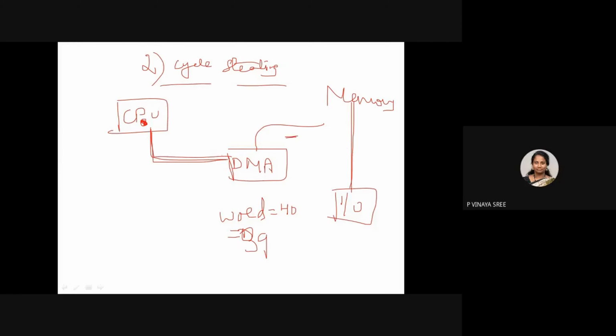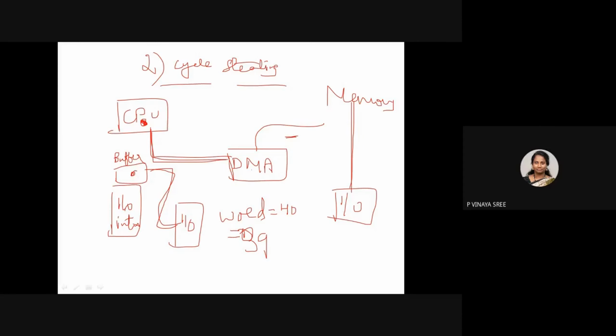See here, when the bus is released, what DMA will be doing is, we know the concept, right? IO devices will be there, and you will have an IO interface, and in this IO interface we need to place the word. From this it has to go to the memory. A temporary buffer is there, right? So this buffer is there, so it places the word inside. Now let us consider, to transfer from external peripheral devices to this, it takes some time. Why? Because it depends upon what type of peripheral device it is. If it is a keyboard, then it takes much time to transfer that particular word.